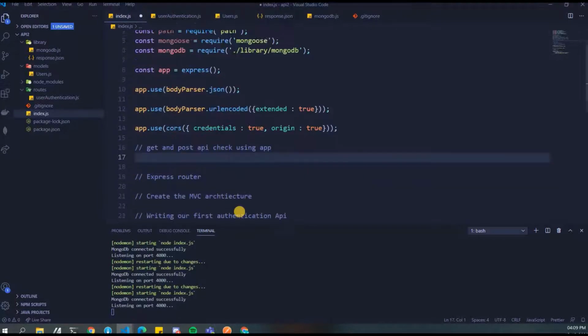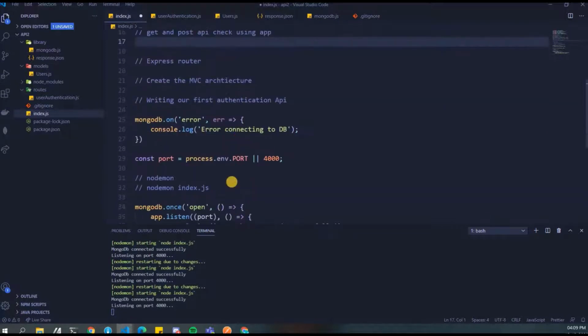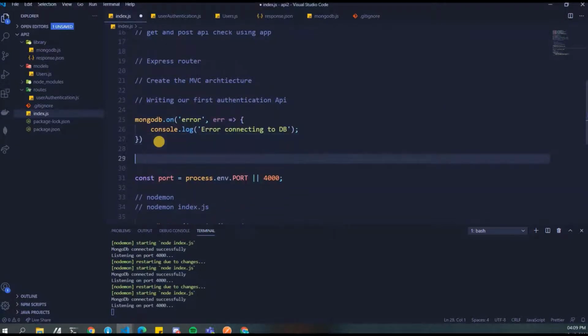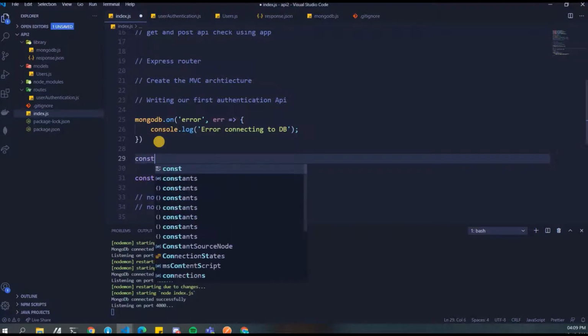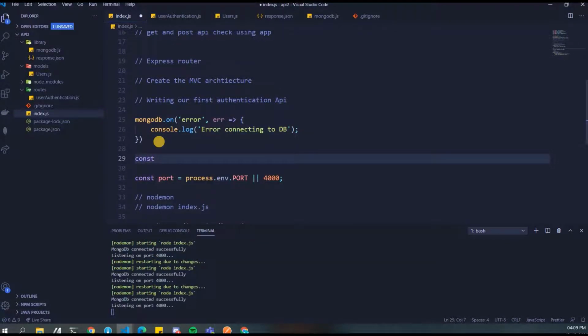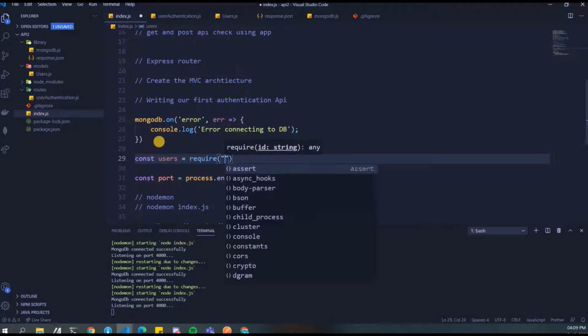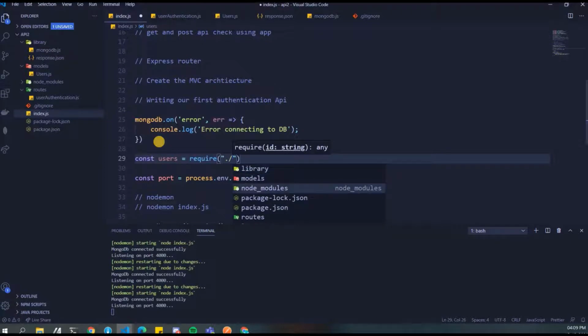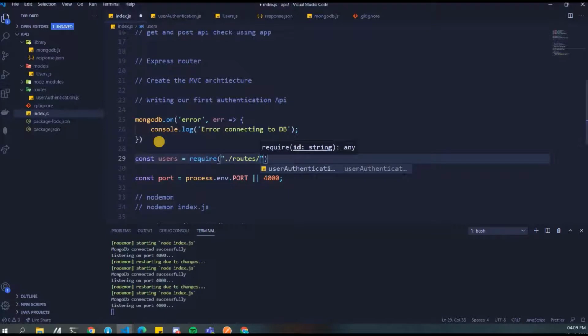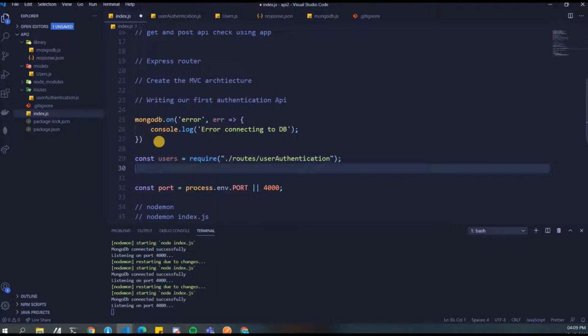Okay, and then after all these things, let's import that. We'll write const users is equal to require dot slash routes, and then userauthentication.